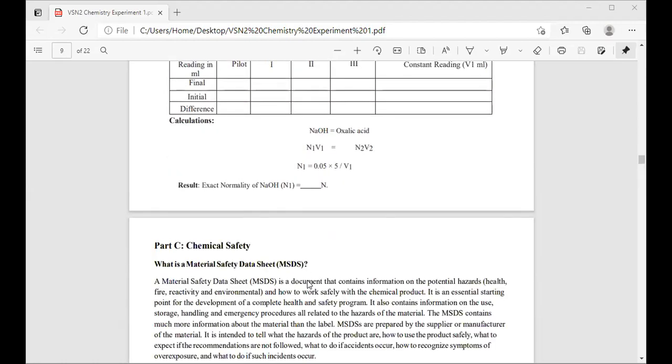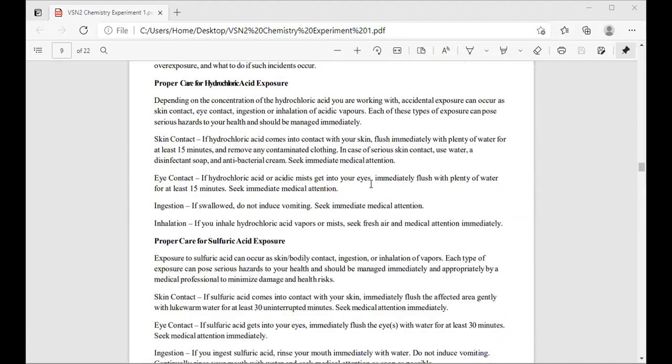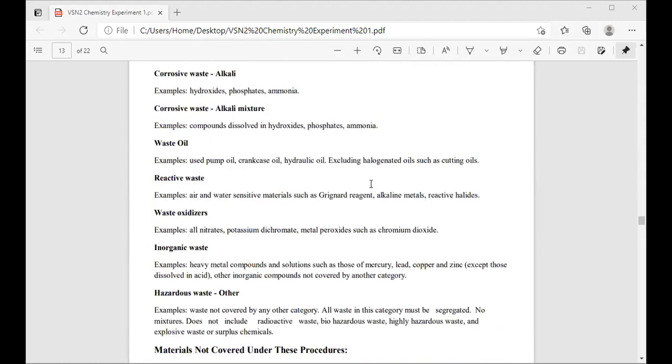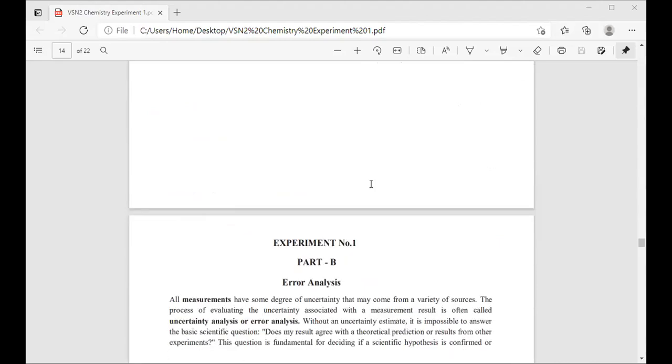Okay, so that was the first part of the experiment, to standardize the NaOH solution. And for the readings, I will show you how to write them: 5.6, 5.6, 5.8, where the constant reading is 5.6. Don't write any other readings which were there in last year's batch. Unnecessary readings mean everyone gets 2 marks less for the observation.